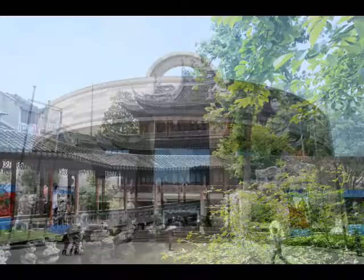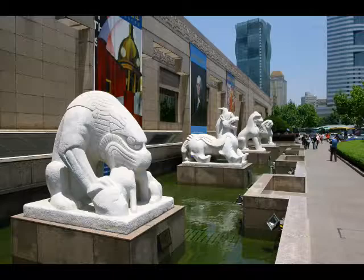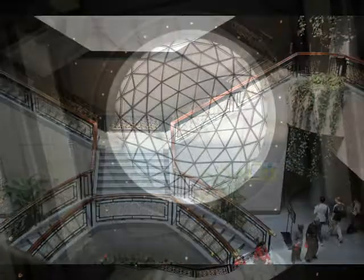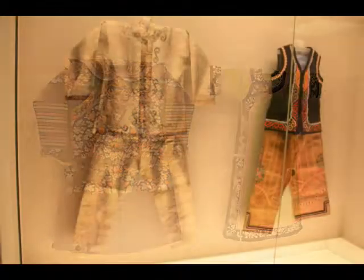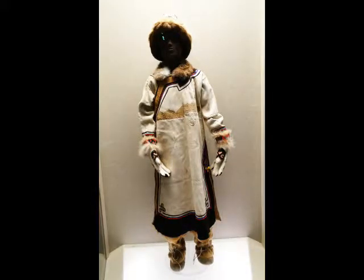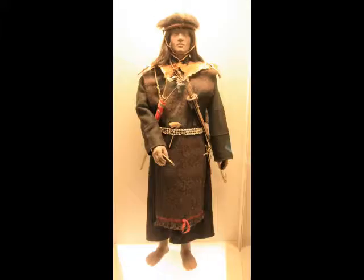After leaving the garden, the last stop is the Shanghai Museum, which holds the country's premier collection of relics and artifacts. I can't begin to do justice to this museum, but two displays particularly impressed me. The first showed costumes from the many Chinese minority groups, including the Arajan, the Maya Yao, the Uzbek,